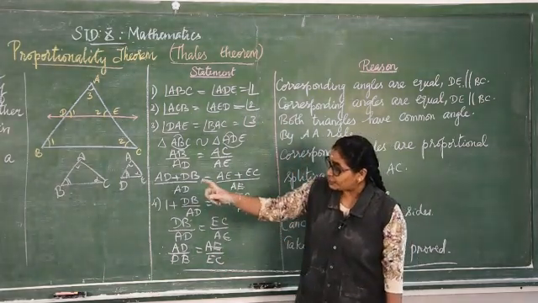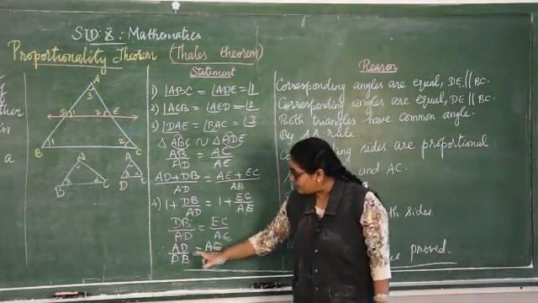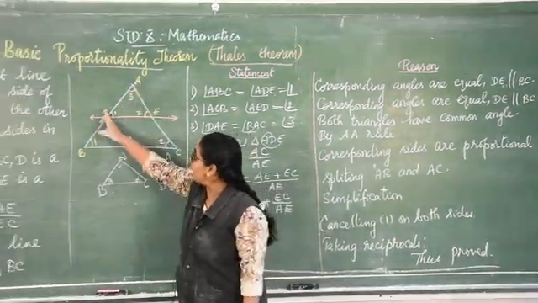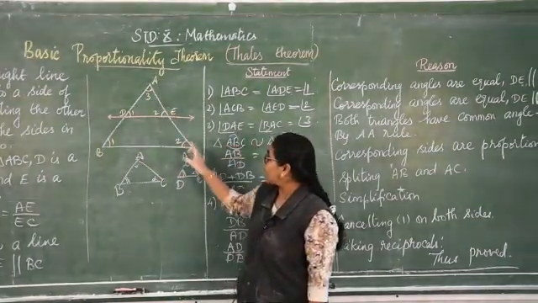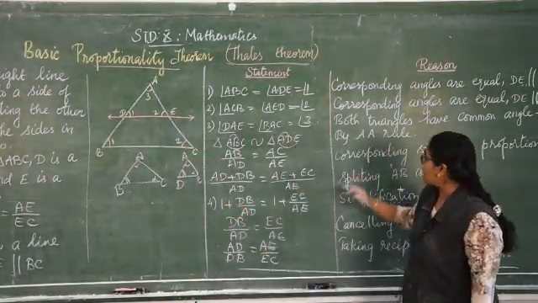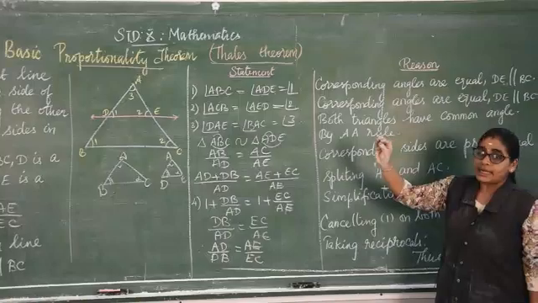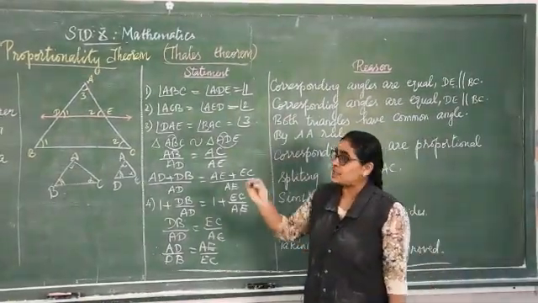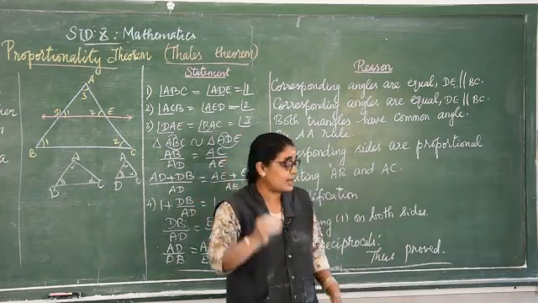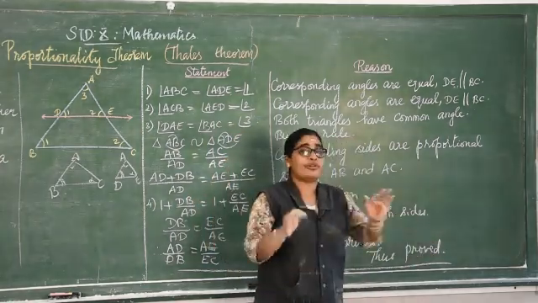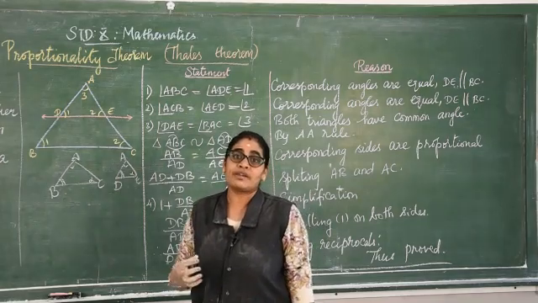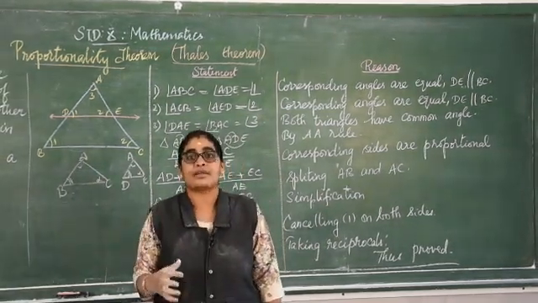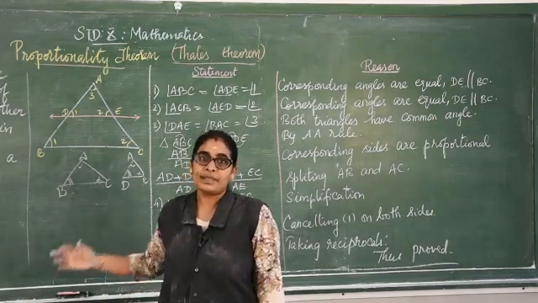Now what we have to prove? AD by DB is equal to AE by EC. These are your sides, AD by DB, AE by EC. This we proved using your similarity rule and the Thales theorem has been proved. That's all, we have proved the theorem. But when they ask, we are supposed to start from the statement until the end we have to write. And in your next class, we will be completing the corollary and the converse of the theorem and the sums containing this theorem. Thank you, boys.